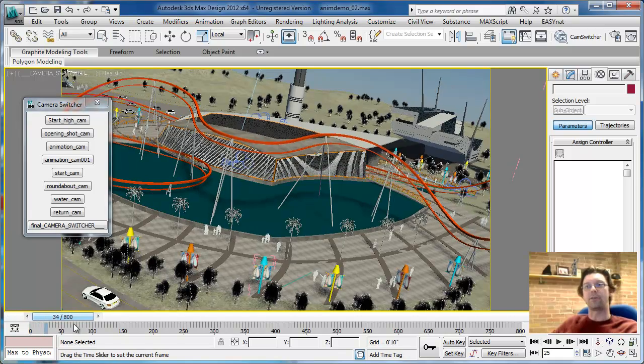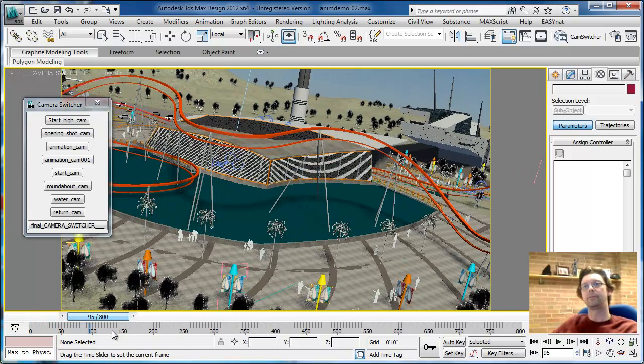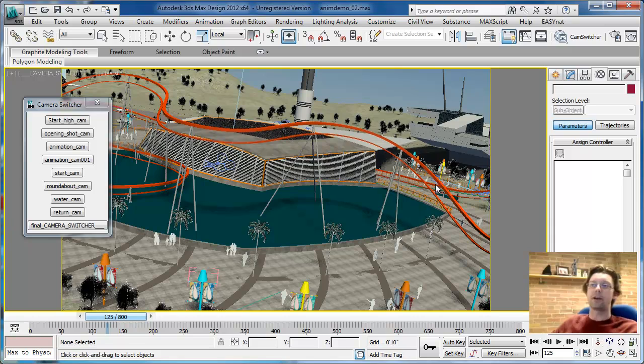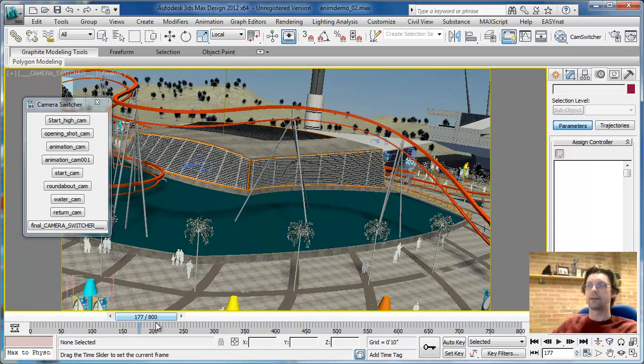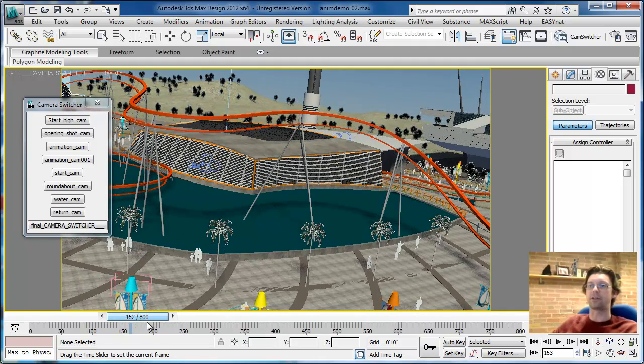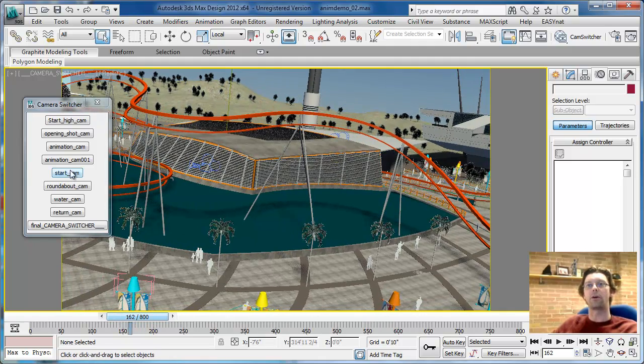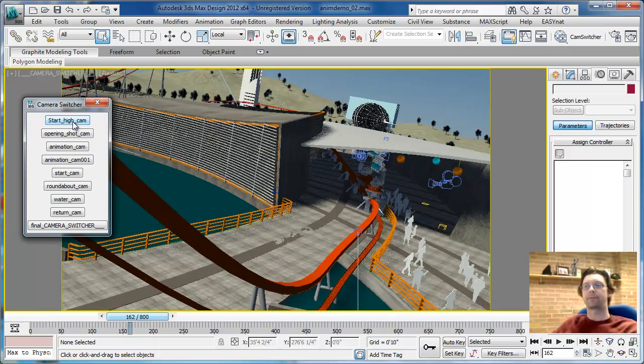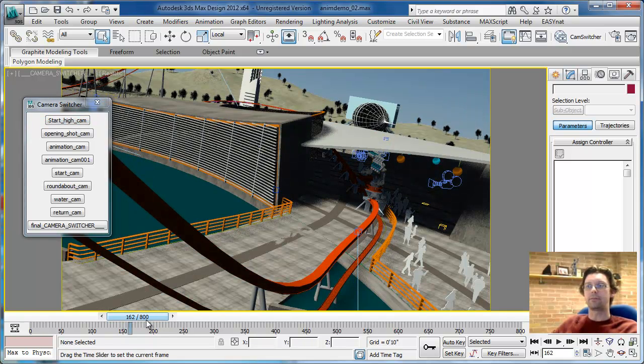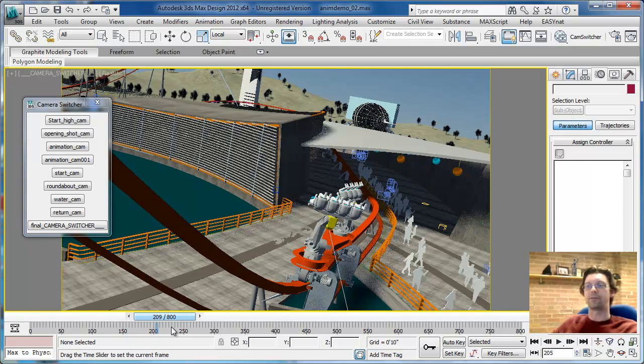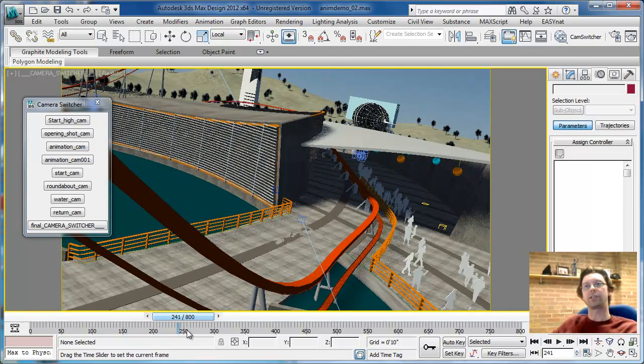Now if I shuffle forward, I'm waiting for the point at which the roller coaster comes out on the track. So there it is starting to come out, so let's back up to the point just before, and now we're going to go for Start High Cam. So it jumps me over to this spot. Now with the Start High Cam, I can just track further forward, and we'll wait until it just leaves frame,